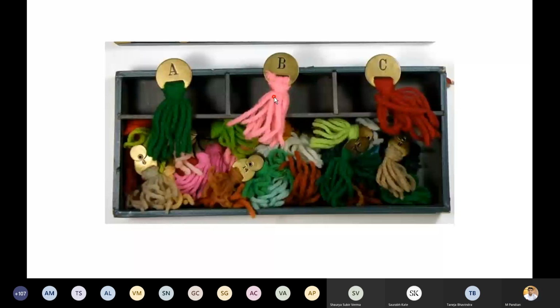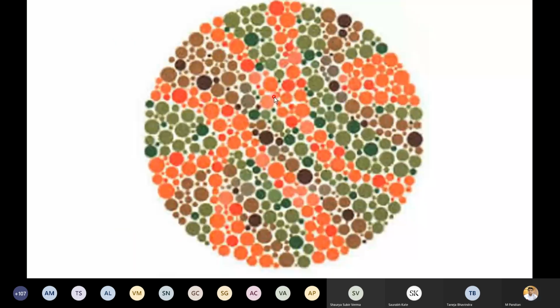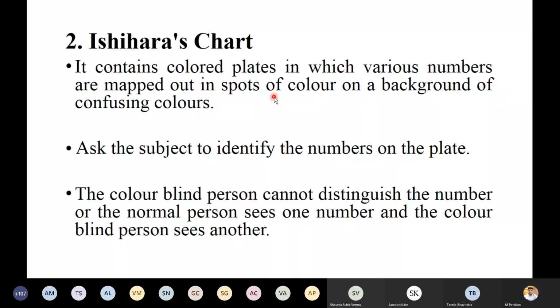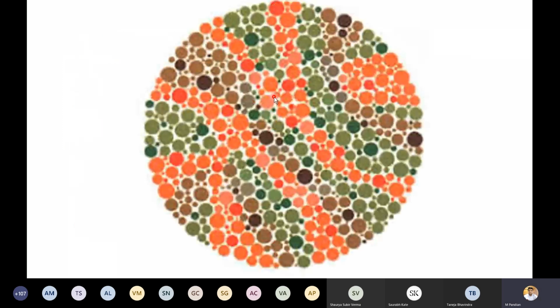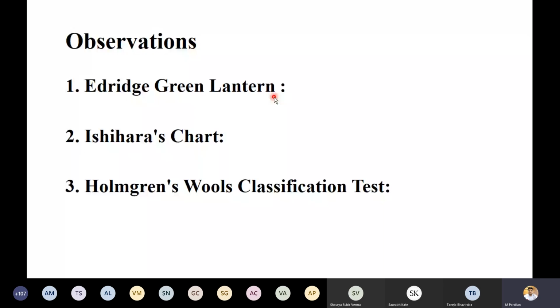So remember guys, from a practical point of view, you are having the Ishihara chart test, that is this. Next is the wool test. Now observation you have to write in your journal. Where they perceived the particular color, you have to write the person is normal.